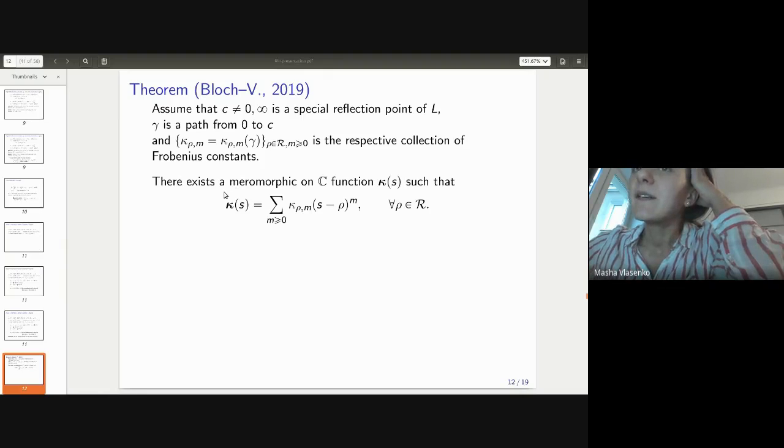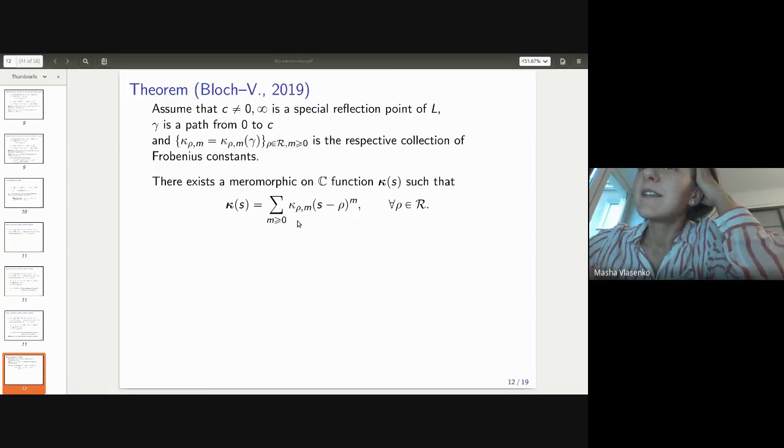Then we say that there exists a meromorphic function such that our constants are expansion coefficients. For each local exponent, there is the respective expansion coefficient. Coefficients give us the Frobenius constants. This statement is interesting because